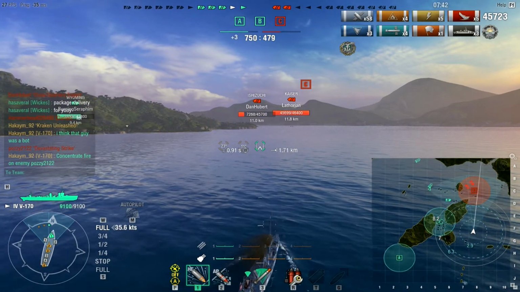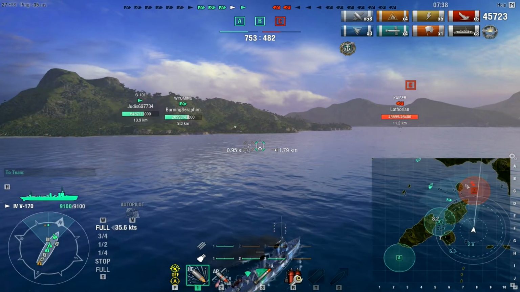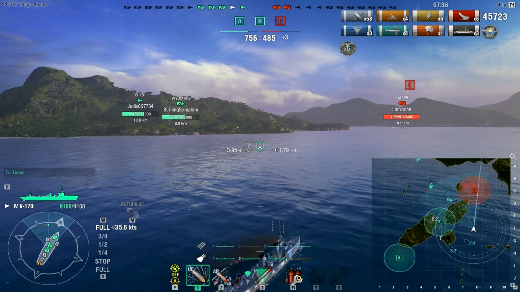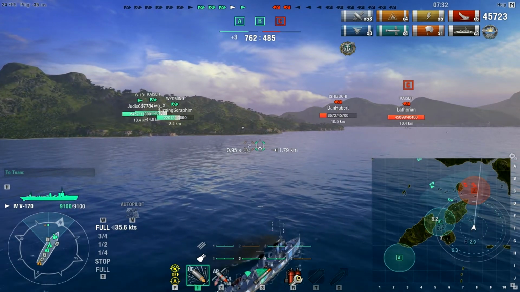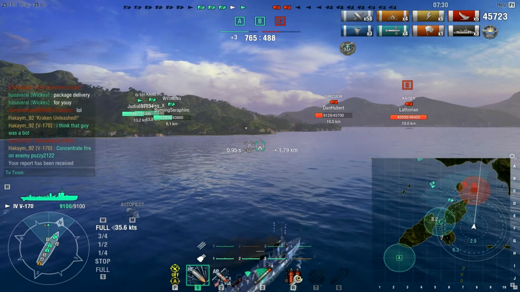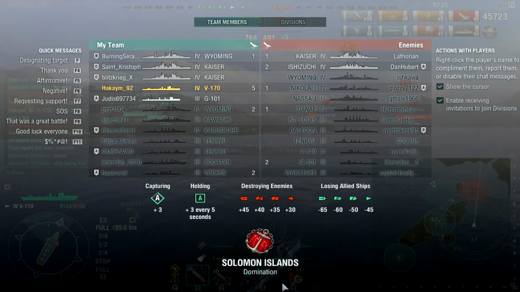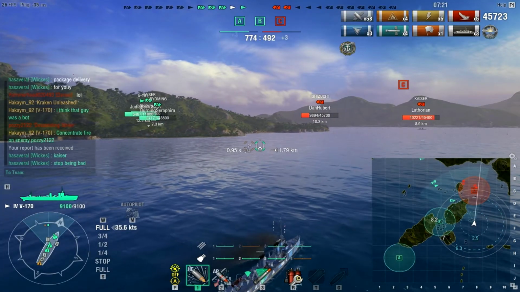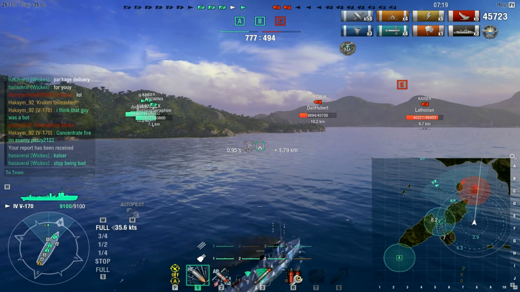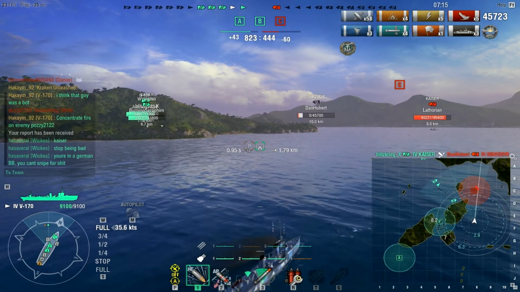Yeah, I'd rather not do that. So our friendly team has actually lost quite a few ships. It's coming down to a Suzuki and a Kaiser on the enemy team versus a Wyoming, a Kaiser, a 101. I believe there's also another battleship and another Kaiser. So hopefully we should be able to win this, because the Suzuki, being a premium battleship, is very similar to